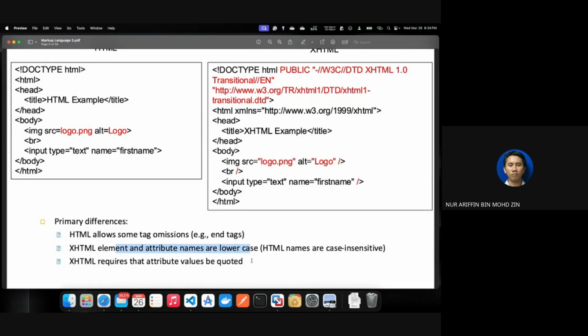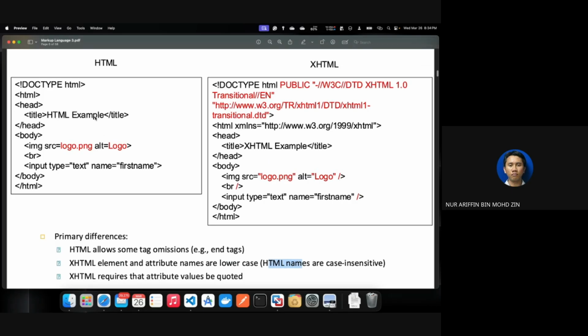Okay, and then XHTML element and attribute names are lowercase, whereby HTML names are case insensitive, meaning that when you are writing in HTML, you can use either uppercase or lowercase. Okay, and it will treat the uppercase and lowercase the same. However, if you are writing in XHTML, it will treat uppercase and lowercase differently. Okay, capital A and lowercase a are different things. That will be